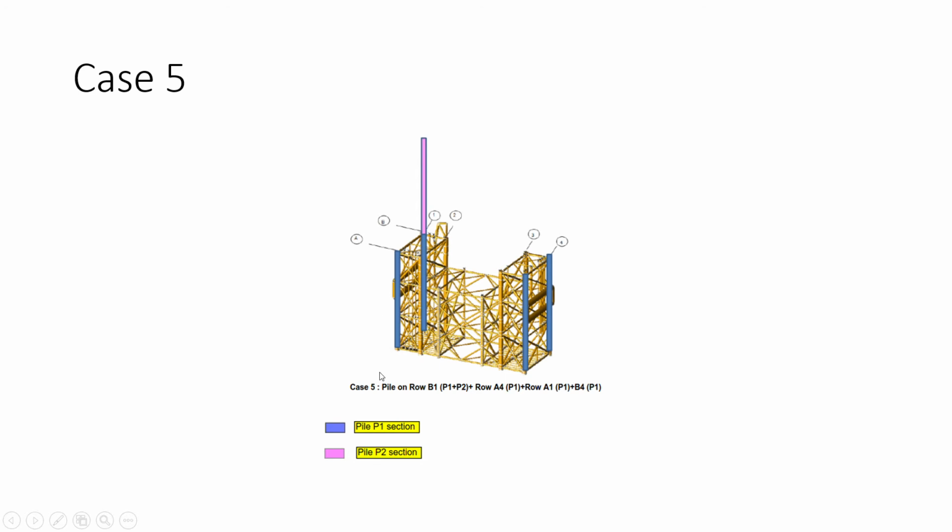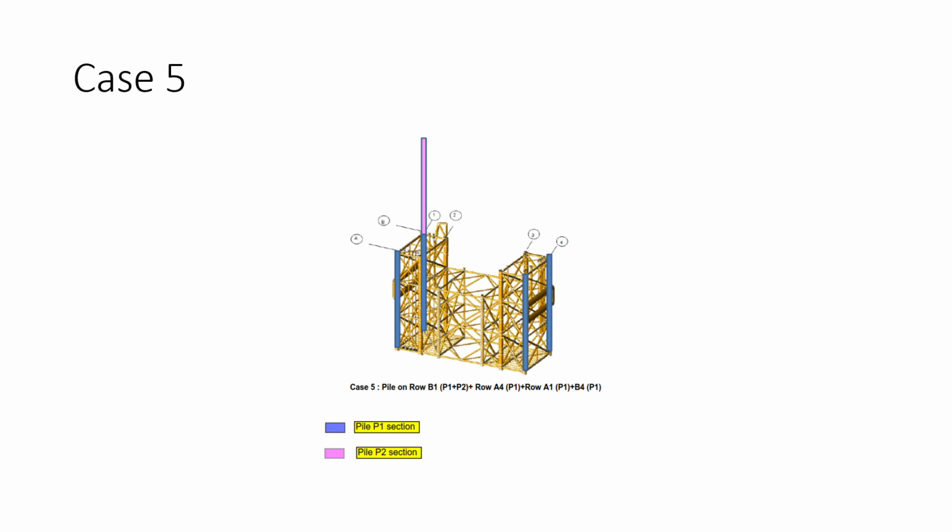For that you have to check always bearing, sliding and overturning. However, sliding will be effective only in case 1, because with the bare jacket, with the minimum vertical load, it will be conservative. After that, all the others will be very conservative. That only will be the governing case.